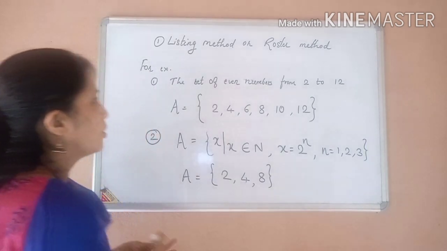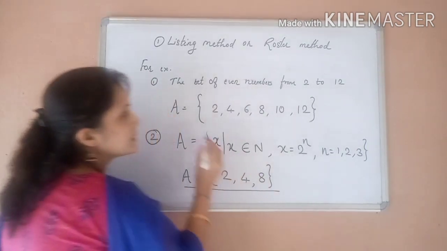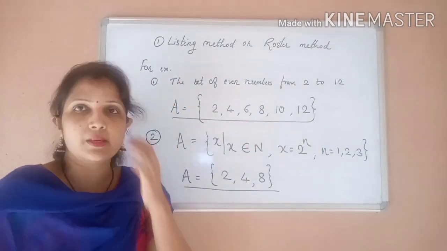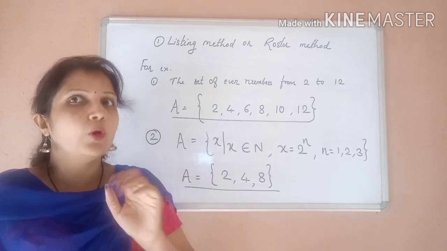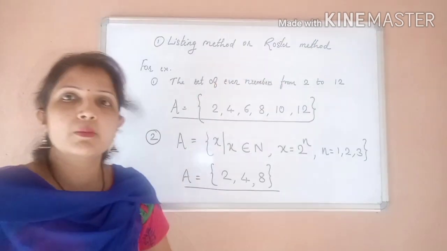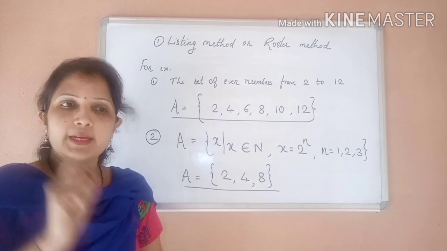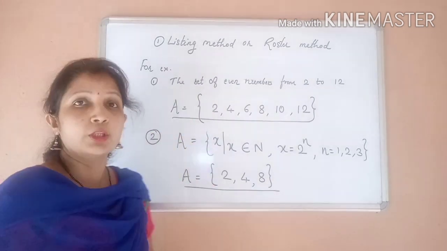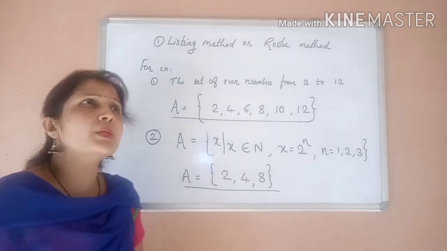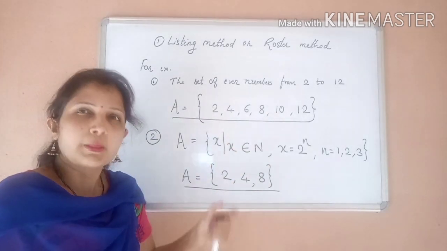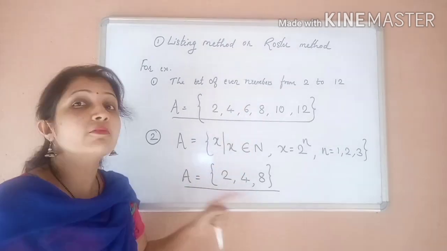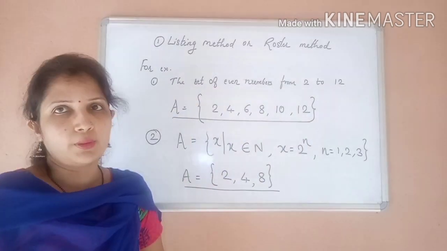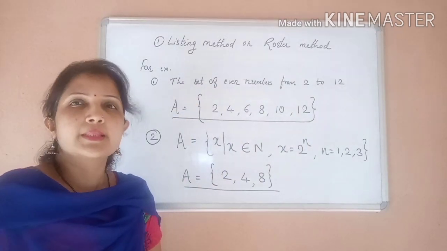So this is called the listing method. This is the listing method where each and every term is mentioned, each and every element is mentioned. Okay, I hope it's clear what you mean by listing method or the roster method, where each and every element is written, is shown. Even if you missed out any one element by mistake, you won't get marks, the entire answer becomes wrong. Okay, let's see the second method.